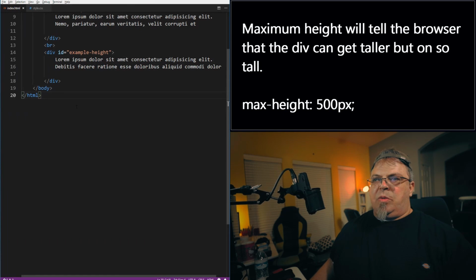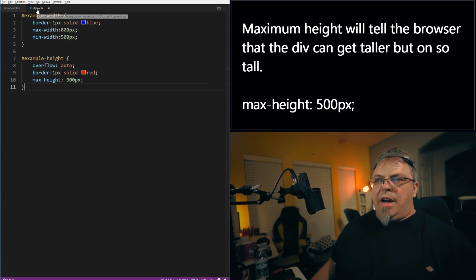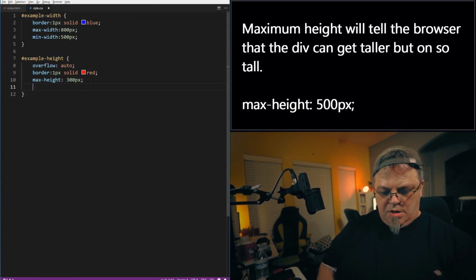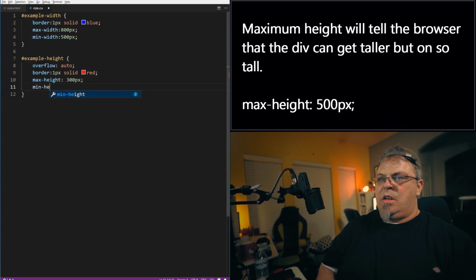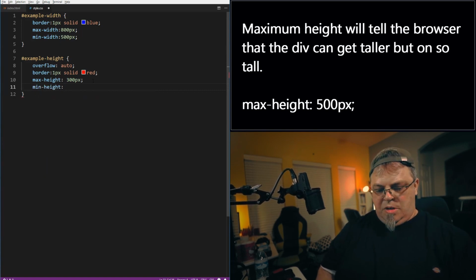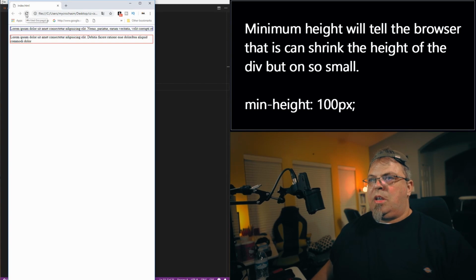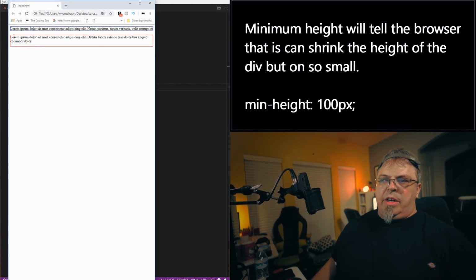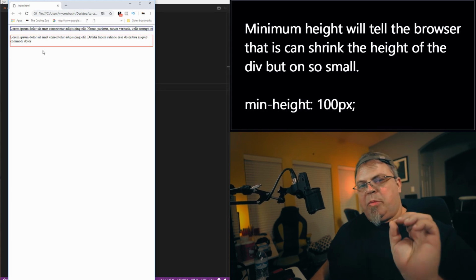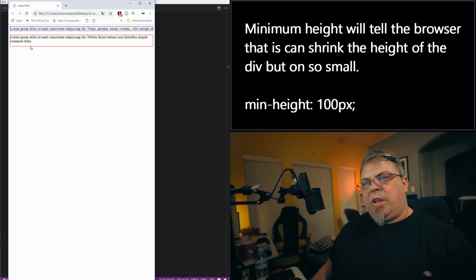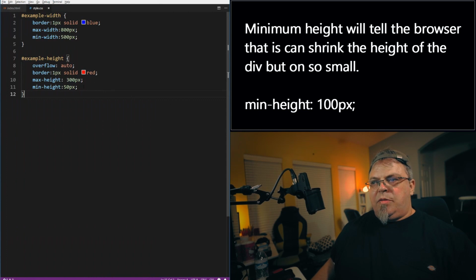Well, same as the width, I'm going to use a min height. So I can go ahead and set a min height, and I'm going to do 50 pixels. Click save. Control S and refresh. Now you'll notice that it jumped a little bit there and made it a little bit taller and became a particular size. So this is as small as it'll get, and the 300 pixels is as large as it will get